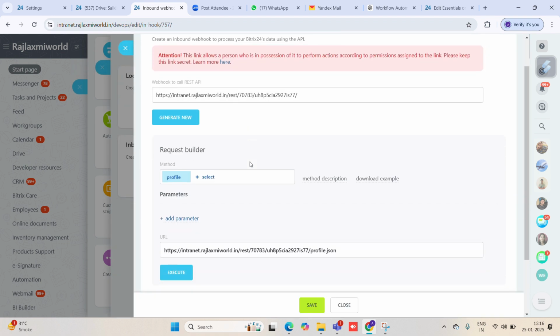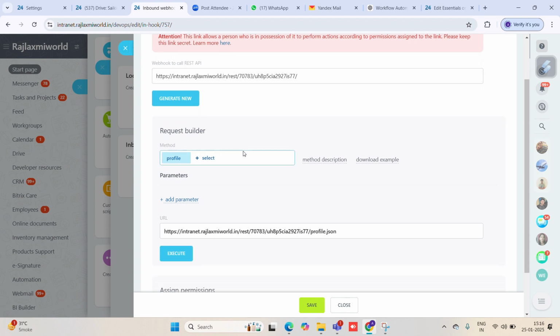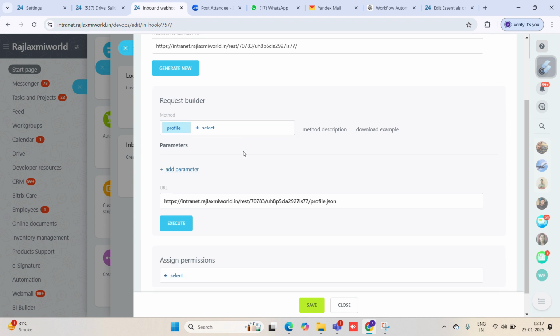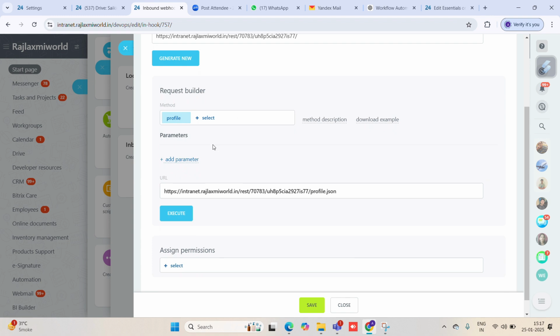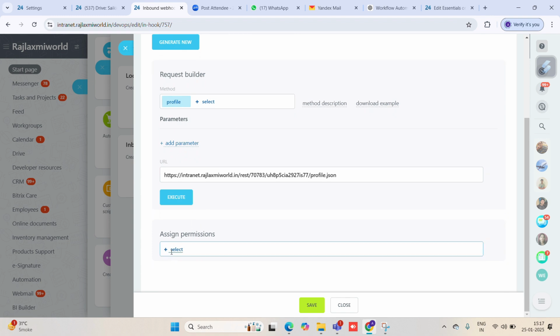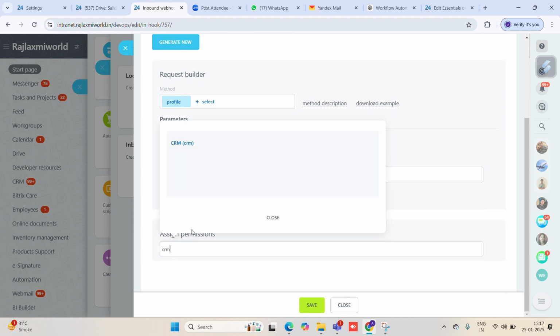Okay, you can find the request builder. Basically, the request builder is used to select the methods and parameters and redefine the tool. You can read the method and parameter description, and download an example PHP file for the method description. So we just click a profile and we just assign a permission for which data you want from